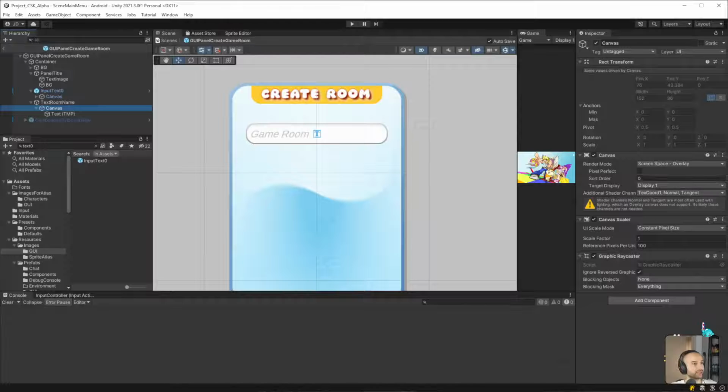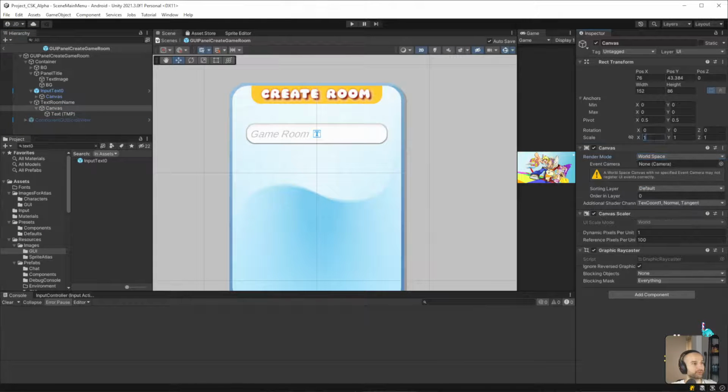Okay, and then the canvas will be, right, the canvas is huge. So we need to say, and this is something that I prefer to do, I prefer to scale it and do all of those things manually myself.